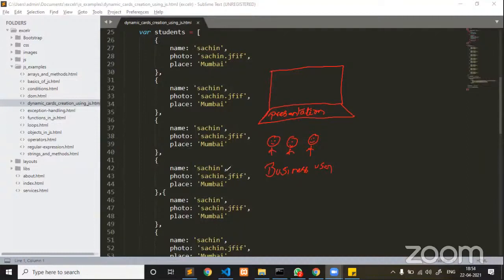For example, if you are planning to buy something and you open Amazon, the one who is going to give business to Amazon is called a business user.